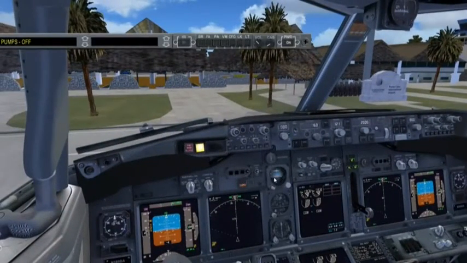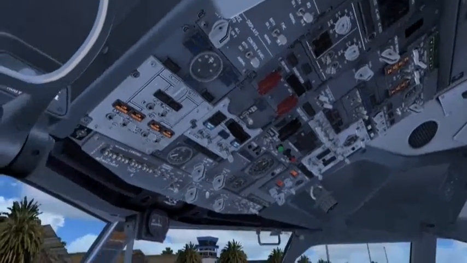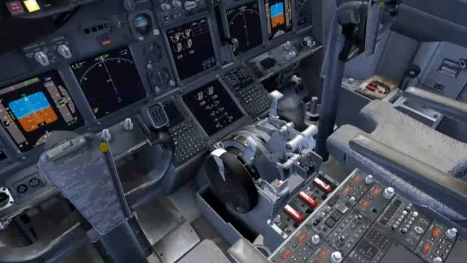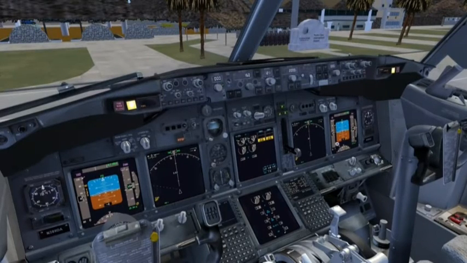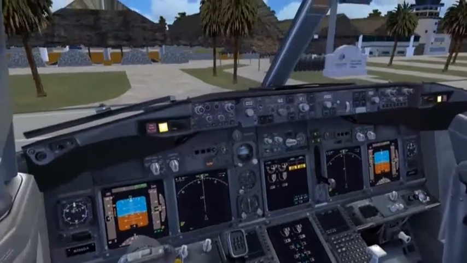Let's go ahead and shut down. Checklist. Fuel pumps off. Engines should be going off. Probe heat is off. Off. Hydraulic panel set. Set. Flaps up. Up. Set. Set. Should be cut off. Cut off. Weather radar is off. Off. And shutdown complete. There you go, our co-pilot just enabled some ground connections, so external power. So we have arrived at Punta Cana